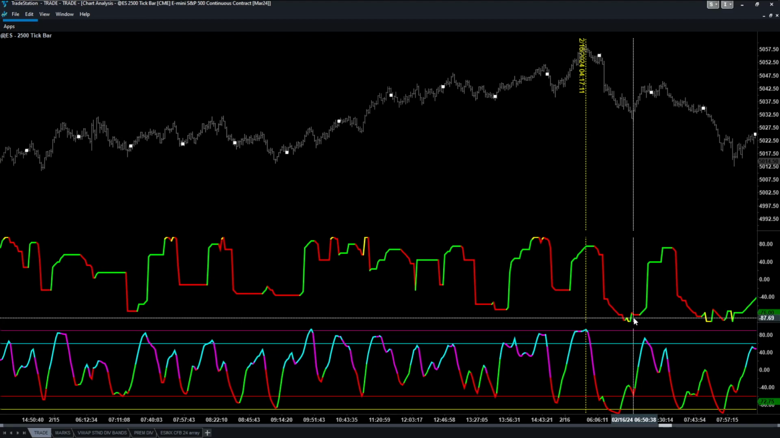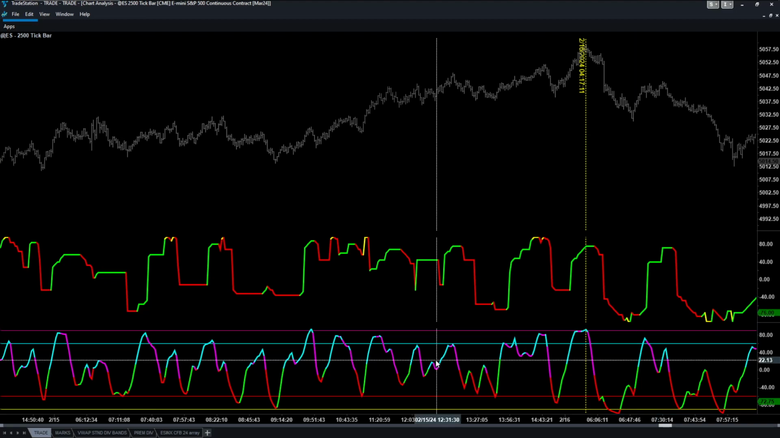All right? It's a very easy indicator to read. Now, the settings of this indicator allow it to be, we can